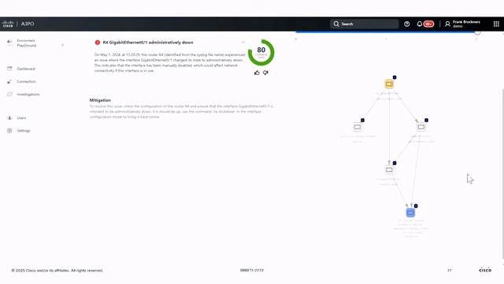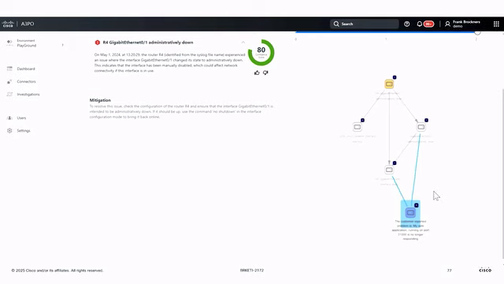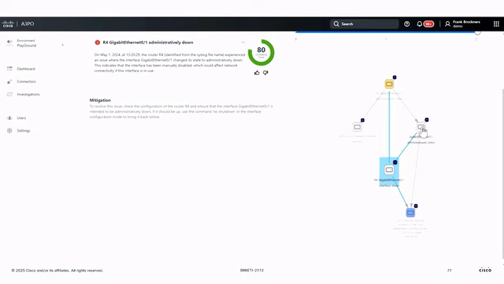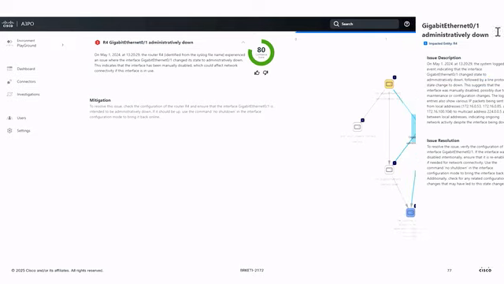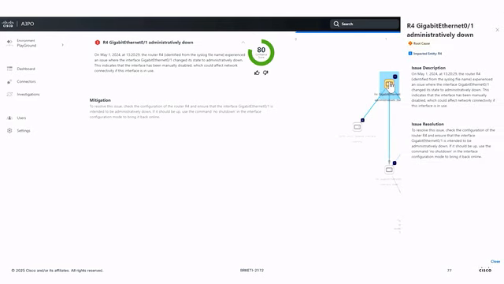So we started with the problem: my customer application stopped responding, and then it sieved through the data. It found individual log files that describe the R4 gigabit Ethernet interface being administratively down. It found some other issues around a VM, but it was able to resolve that the config of R4 being down was the root cause compared to this one, so it did the right dependency resolution in there. So net, I was able to arrive at that conclusion relatively quickly. Why? Because the underlying data set was relatively small.